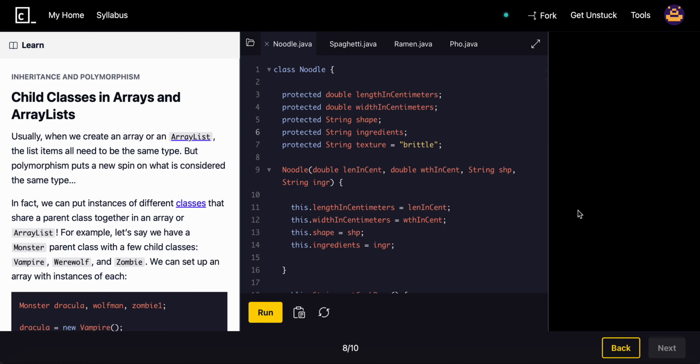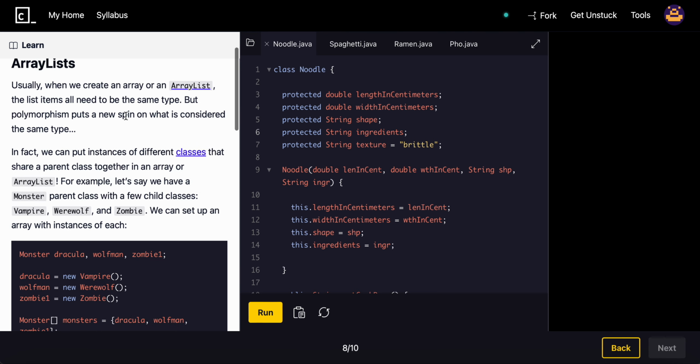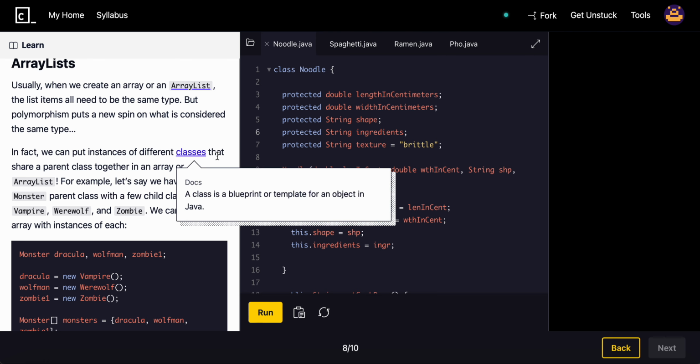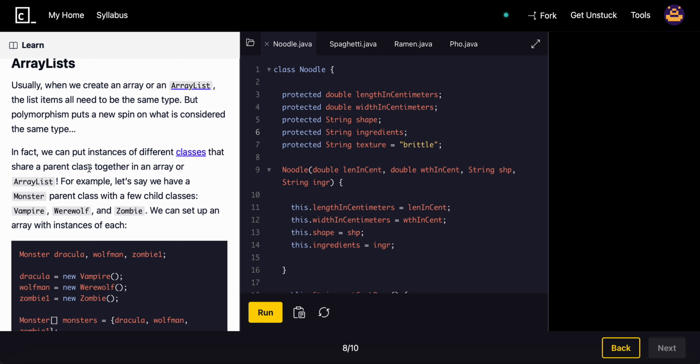Alright, so welcome back. Today we'll be learning about child classes and arrays and array lists. Usually when we create an array or an array list, the list items all need to be the same type, but polymorphism puts a new spin on what's considered the same type. In fact, we can put instances of different classes that share a parent class together in an array or